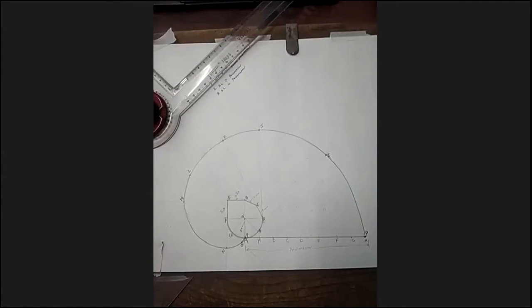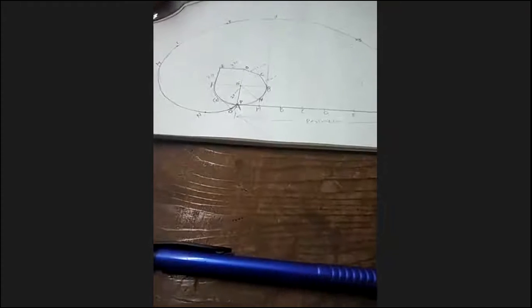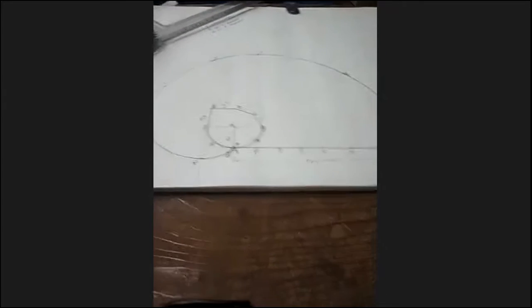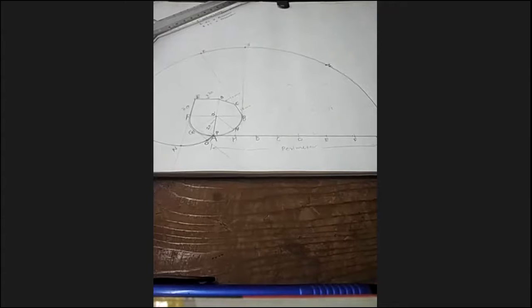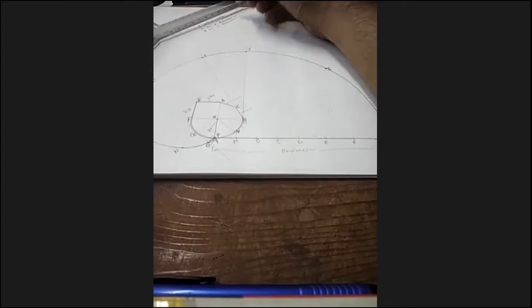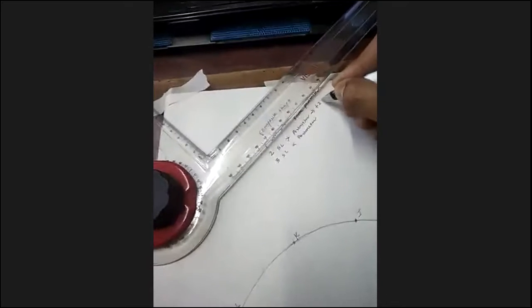So now in the second case we will make the perimeter, the length of string, longer. In my case, I am extending it to 20 mm. You can do it from 10 mm to 20 mm or 30 mm, whatever convenience you have. But in your sheet, it should be written clearly what the actual length of string is. So I am taking my length of string as 20 mm more. So I am writing here plus 20 mm.